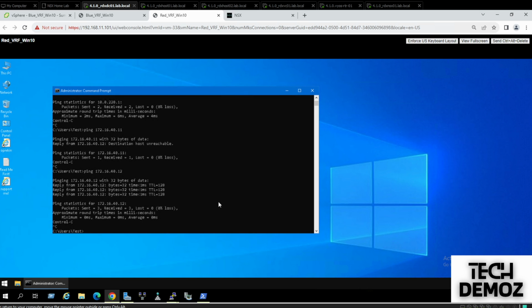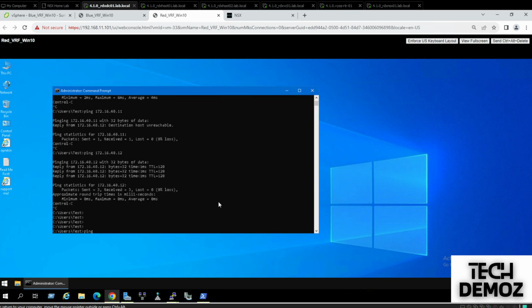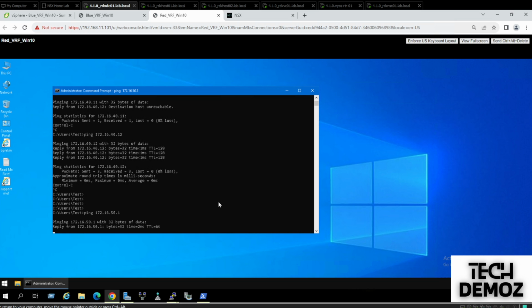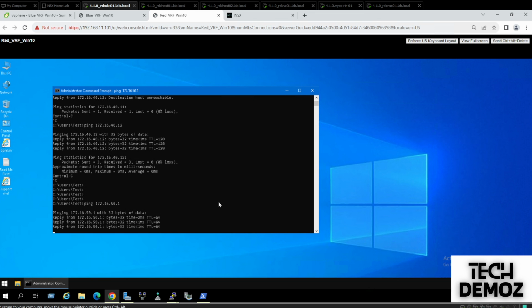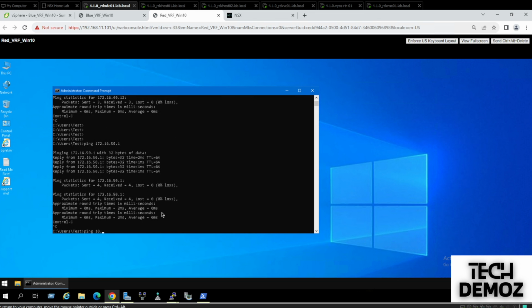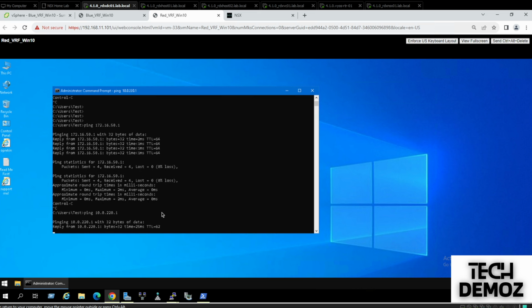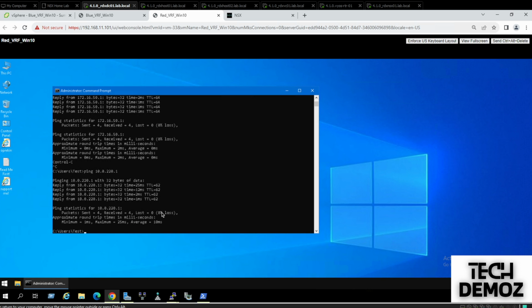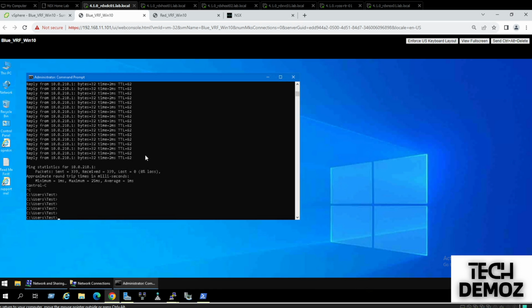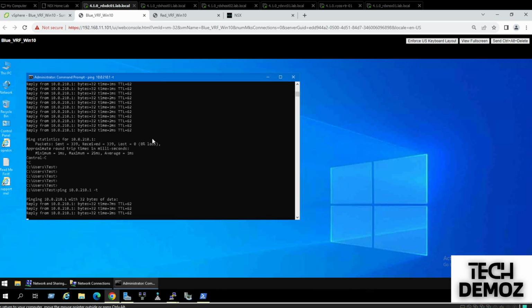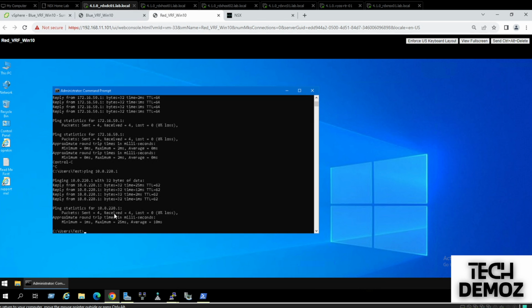Okay, perfect. So let me initiate a ping towards the gateway, 50.1. We are able to ping it. Ping 10.0 to 20.1. Okay, yeah, we are still able to reach it. And this one we didn't touch, so for sure it's going to ping. And now what IP do we have on the VM here? If I look at the IP config,